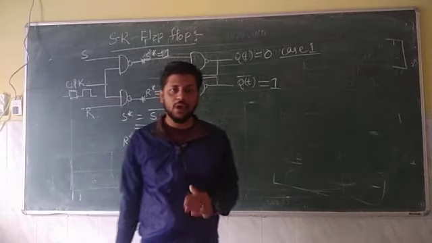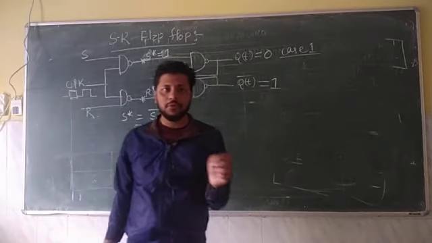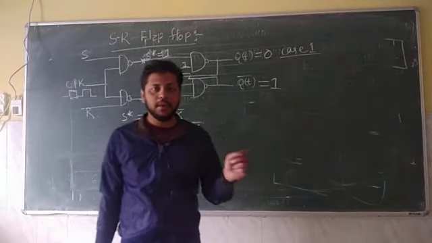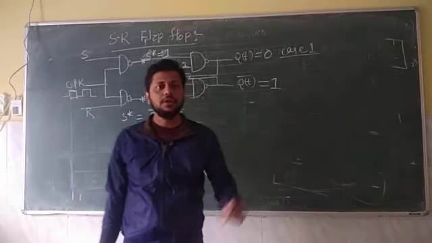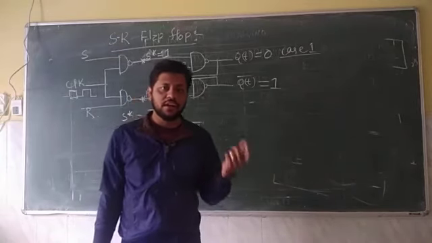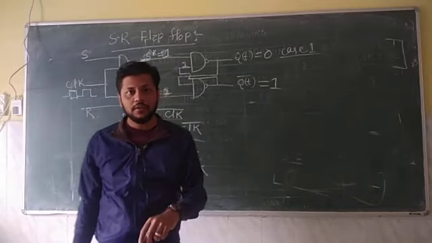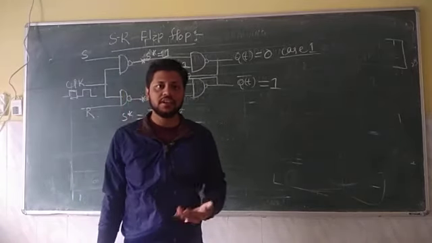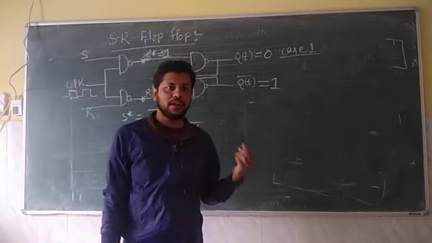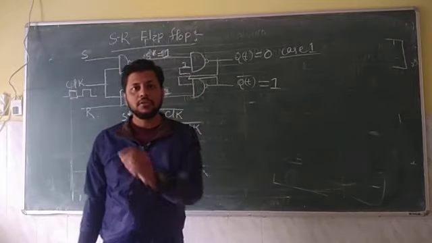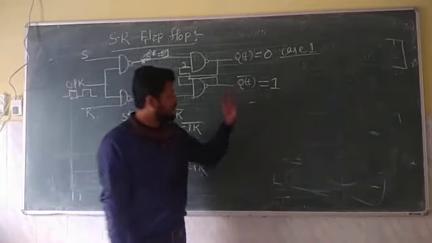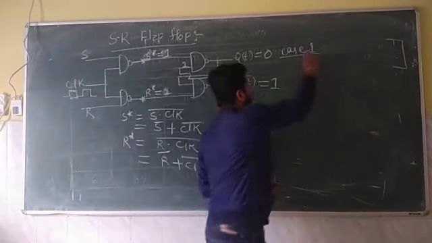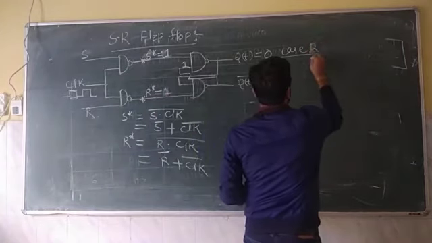So, all the cases we have to take one by one and you have to write the comments, that is for S is equal to 0, R is equal to 0, your flip flop acts like a memory. For S is equal to 0, R is equal to 1, flip flop becomes reset. Reset means output becomes 0. For S is equal to 1, R is equal to 0, the output becomes set. And then the next case which I am discussing here,